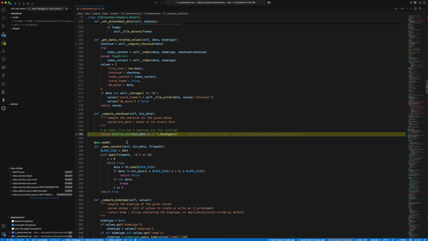Basically, you will see that they are using this Python library, hashlib.sha1, with the binary data, and they are just creating this hash with the binary data. And that's why when two PDFs have the same content, the same binary content, the hash will be the same. That's why you see that for two different documents, but with the same content, we have the same hash,